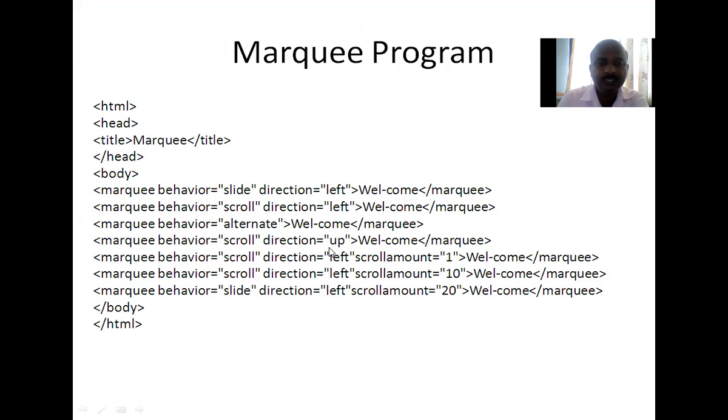For only up direction, it will scroll up, or left, or right, with a particular speed, 1 or 10 or 20 and so on. You have seen this code.